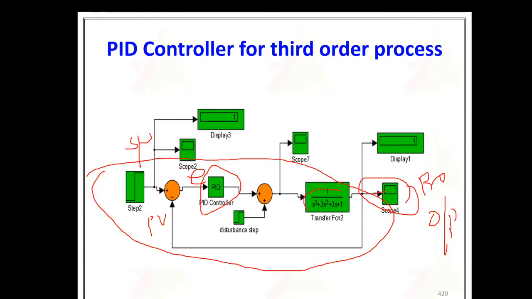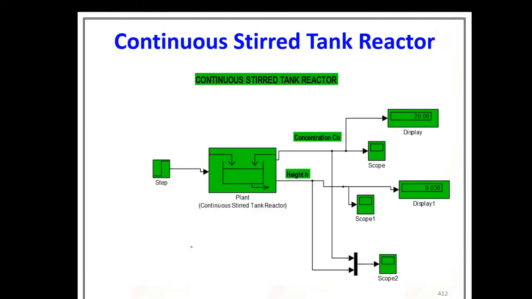So this is the plant, and this is the transfer function given as numerator by denominator. This is the PID controller, and you need one summer block. This is a step input, the set point we are giving, whether in terms of temperature, concentration, level or flow, whatever it may be. And you are having the feedback. The feedback measures the present concentration or level, which is compared with the set point, and it gives the error. One more thing, you are having the